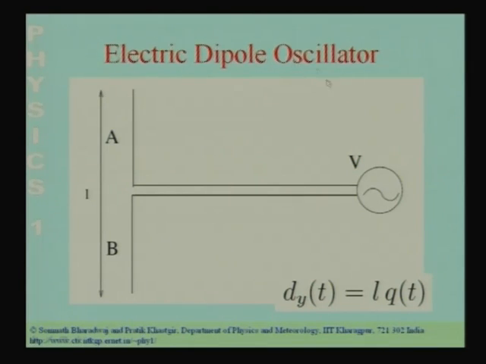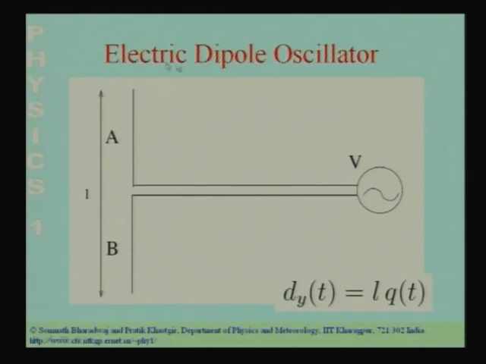And so, we can apply the expression for the acceleration which I just showed you if you are sufficiently far away, and if the time it takes for the electrons to go from here to here and then come back is considerably larger than the time period that light takes to cross this, you can think of this whole device as an oscillating electric dipole. So, this is called the electric dipole oscillator.